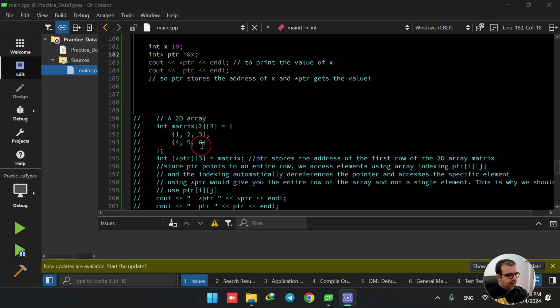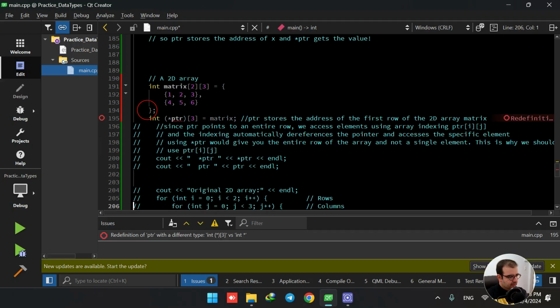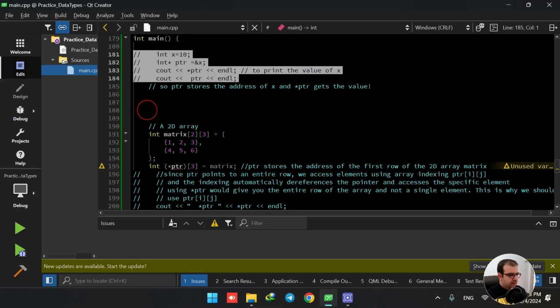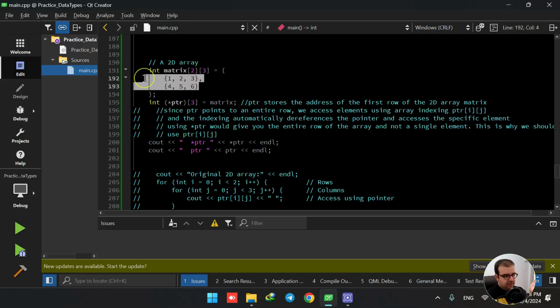Okay, now we would like to have a two-dimensional array just like this. Let me just comment the above part. So here we are initializing one two-dimensional matrix. There are two rows and three columns, and there are elements associated to each row and column. So each cell has one associated